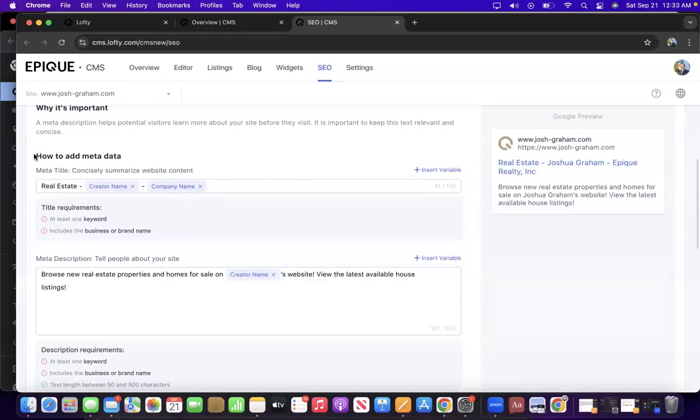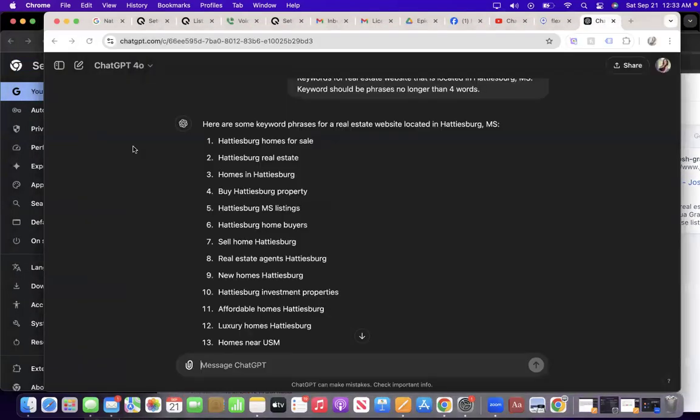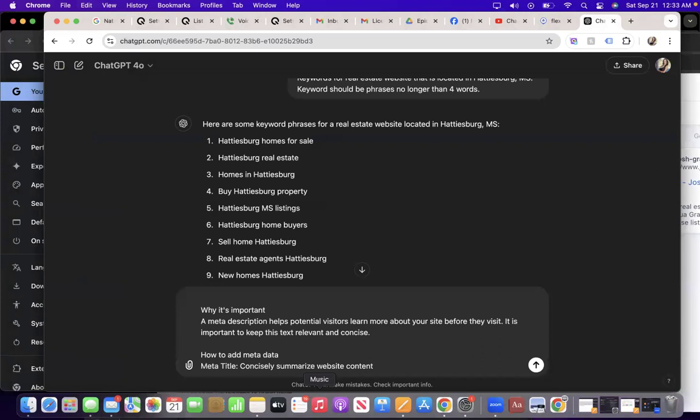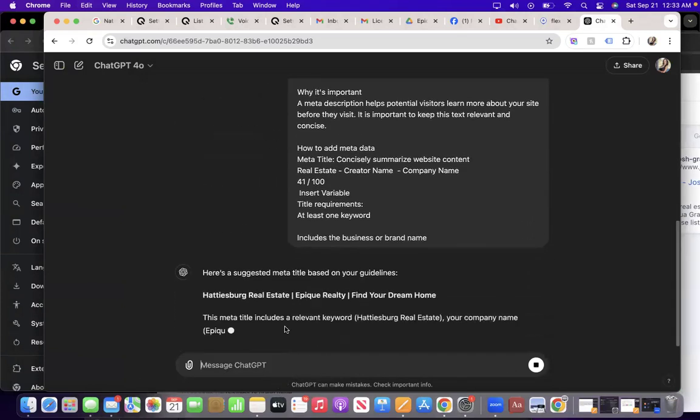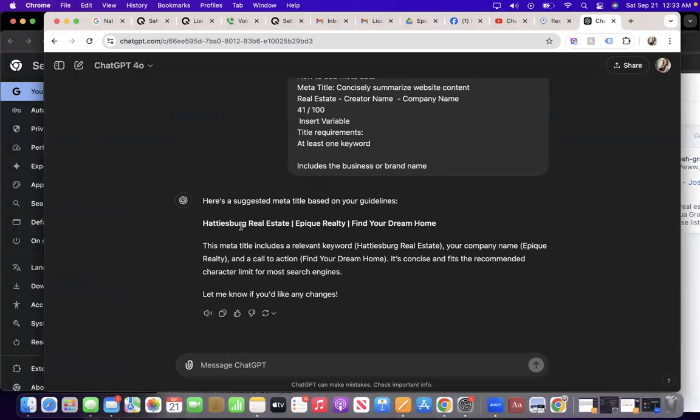ChatGPT is worth its money. And we'll just copy that, paste it here. And it says here's a suggested meta title based on your guidelines. This meta title includes a relevant keyword, Hattiesburg real estate, your company name, and a call to action. All right. This title